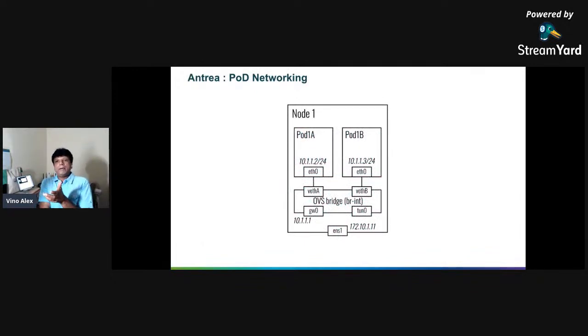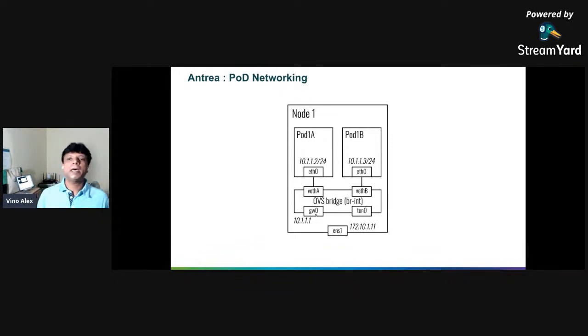I think Piyush in the previous session already showed this slide, but in the Project Antrea context, it looks like this. In each of your Kubernetes nodes, the Antrea agent will deploy an OVS bridge, and your pod will get hooked to that bridge. It creates a VETH pair, and one end hooks to the pod namespace, and one end connects to that OVS bridge. That's how the networking happens.